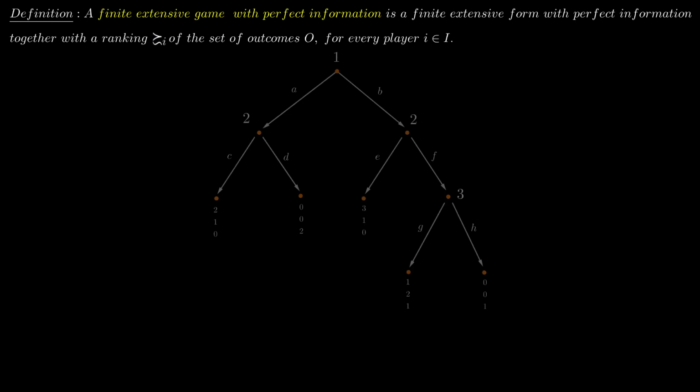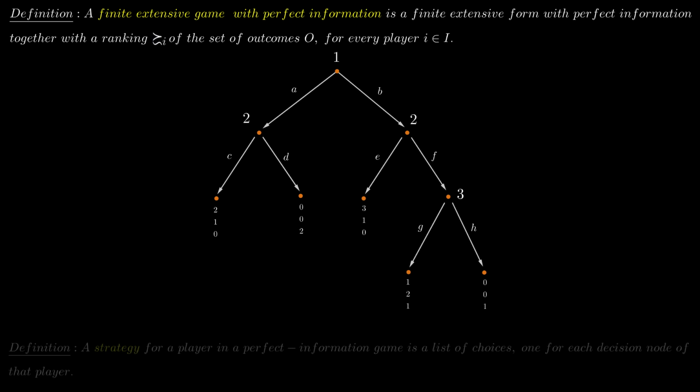Here we have an extensive form of a perfect information game with the nodes and the arrows. Under the terminal nodes, we have the payoffs for each player. The first number is the payoff for player 1, the middle number is player 2's payoff, and the last is player 3's payoff. The first node is player 1's starting node. She can either choose strategy A or B, and here we'll explain the notion of strategy in a perfect information game. A strategy for a player in a perfect information game is a list of choices, one for each decision